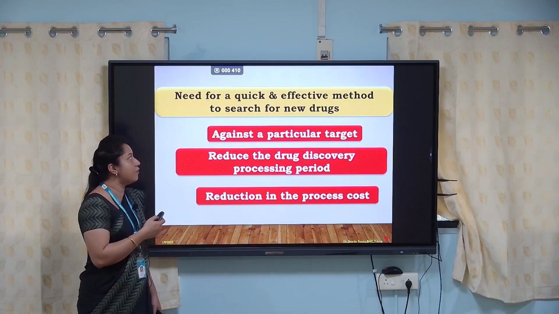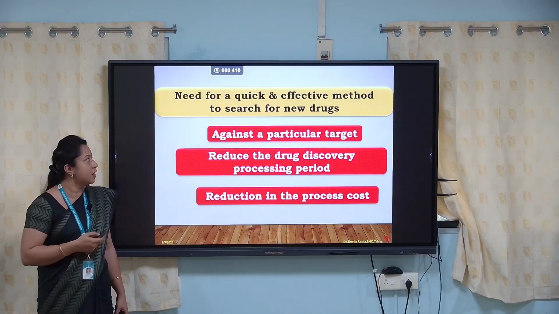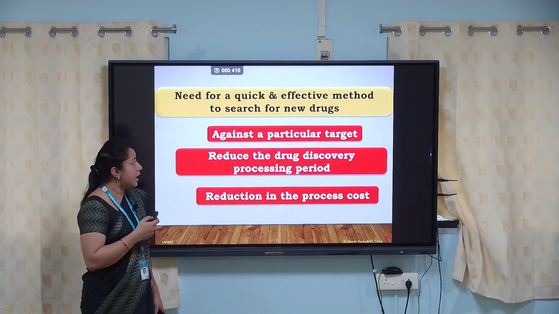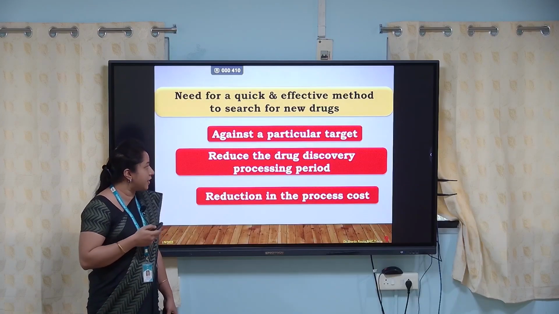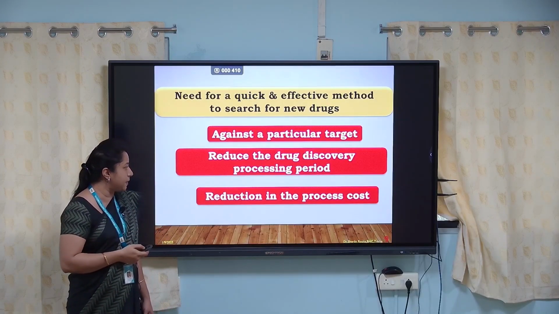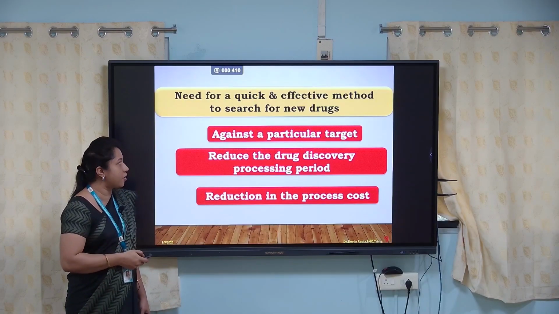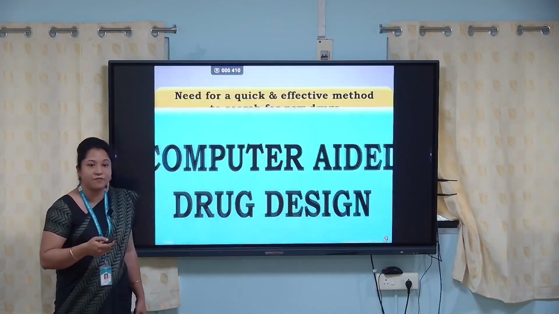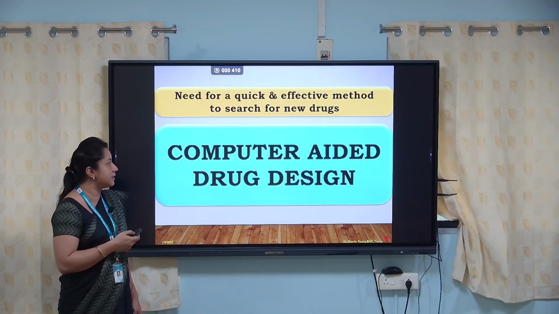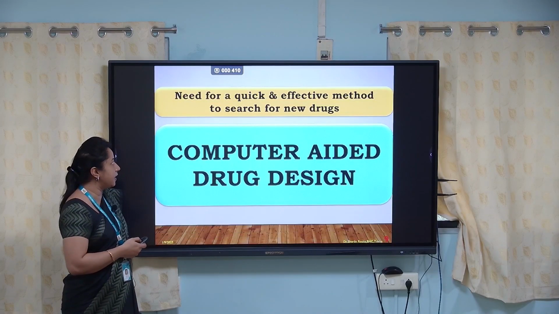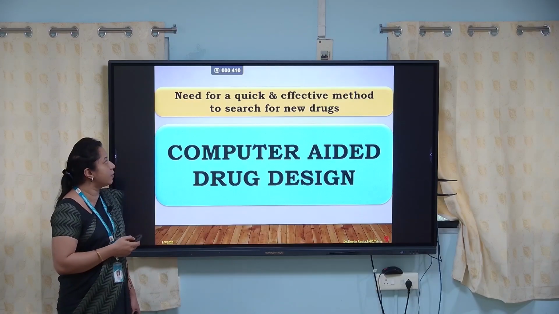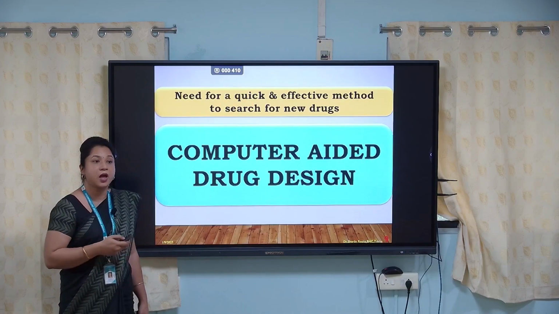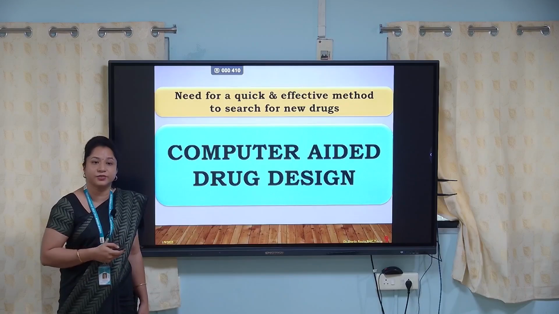So we are in need of quick and effective drugs against a particular target, reducing the drug discovery processing period and the process cost. So the only way we need to focus on is computer aided drug designing. It's a quick and effective method to search for new drugs in combating all those rare